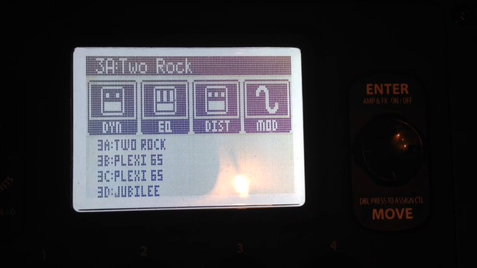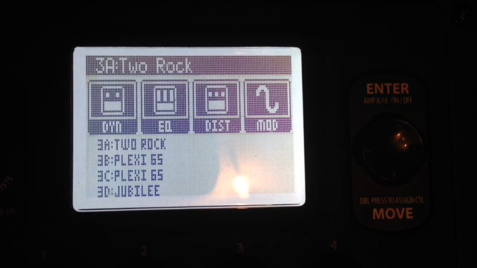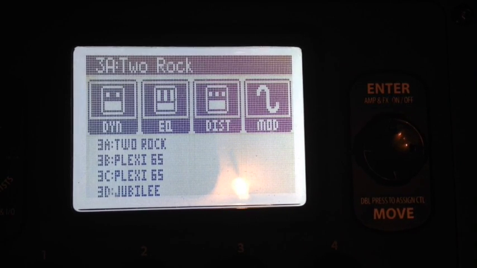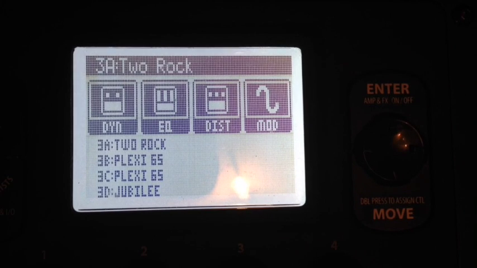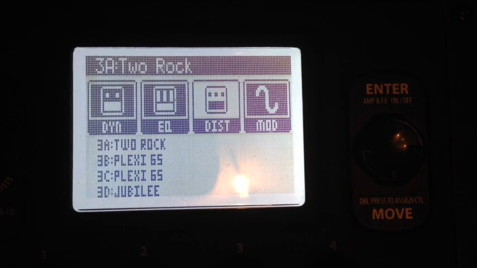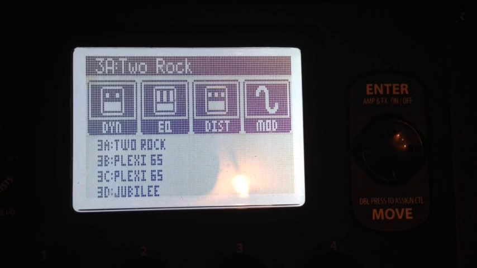On the HD500, I get to visually see them go off and on. On the Kemper, they actually go off and on with the same switch, so that I get a visual representation on the HD500 of what's happening on the Kemper. So I don't have to look at the Kemper ever to see it turn off and on. If I want the distortion on, I hit stomp on foot switch 3. I see it on the HD500, the distortion is on. If I did look at the Kemper, I would see that